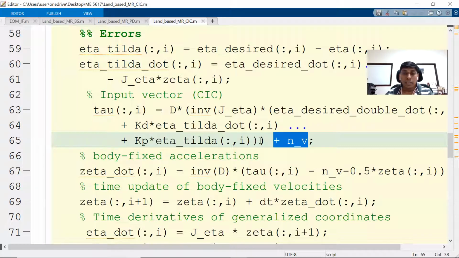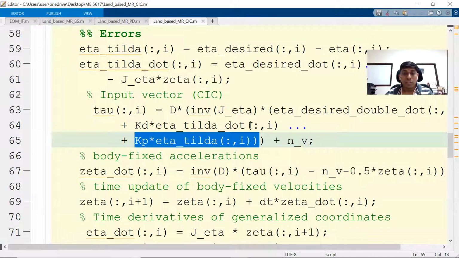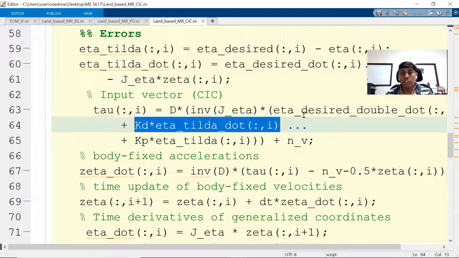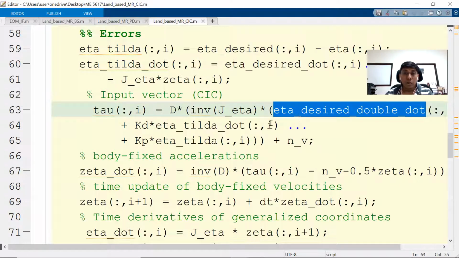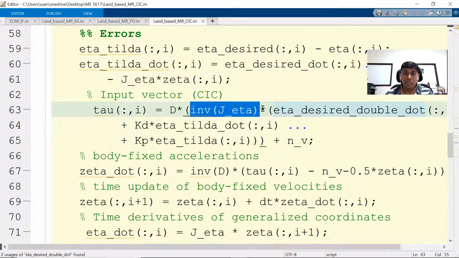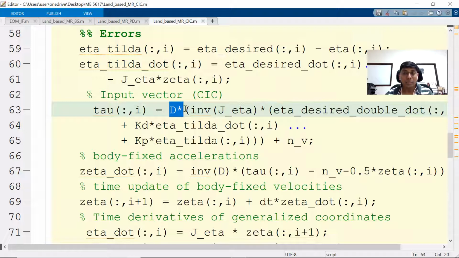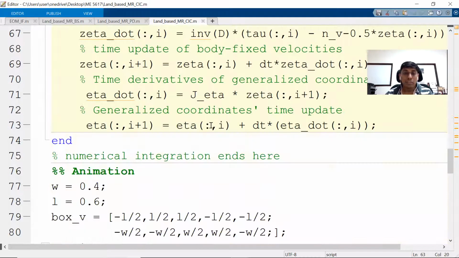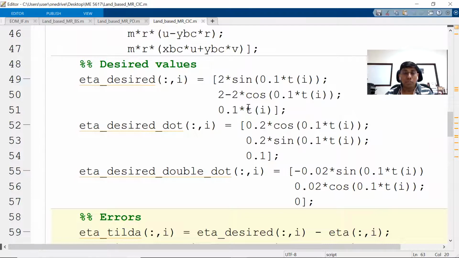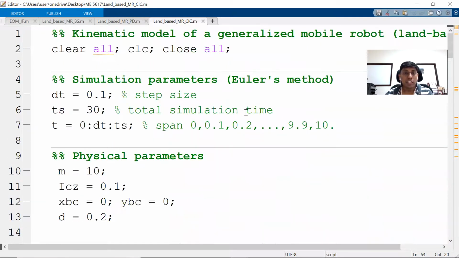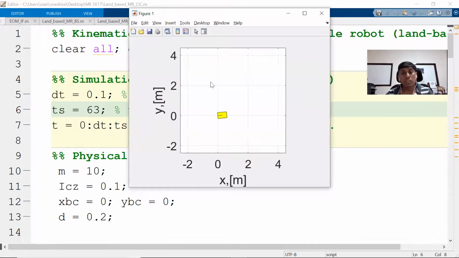And this is the proportional part. In the sense the position error is taken and derivative error is taken, and this is the feed forward term, and these are all in the inertial frame. So we are converting into a body frame, and the weighted matrix, which is the inertia matrix, we brought it. Now the same control input which we gave for the PD, we can use here. I'll just make it 63 here. Now you can see that this would be much better. Only thing, the model should be accurately known.